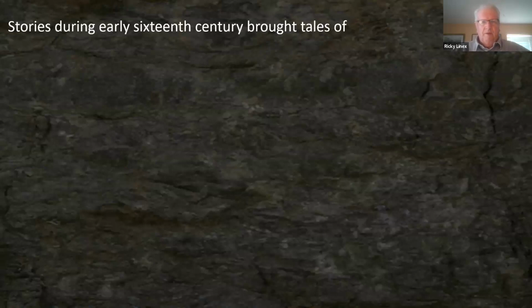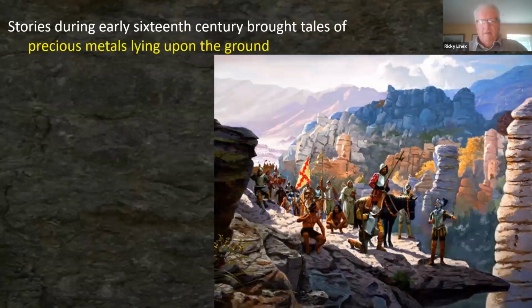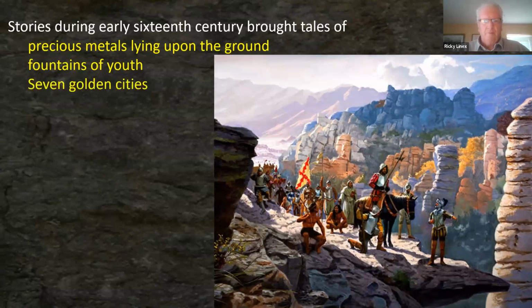And then we started hearing stories of tales brought back from the explorers. They said, you know, when you come to the Americas, there are precious metals lying upon the ground everywhere. Ponce de Leon said he discovered the fountain of youth. They talked about the 7 golden cities, those early conquistador explorers. And all these tales were not true, but there was one tale that they talked about,